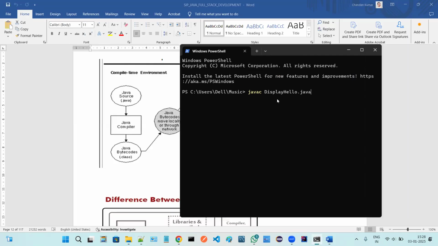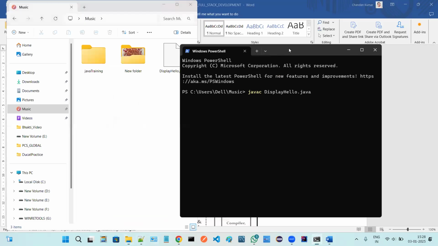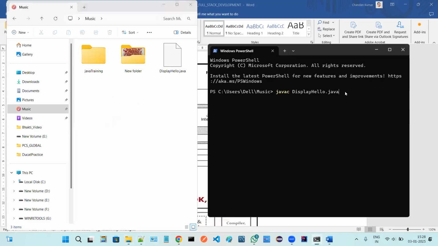So just see over here. This is the .java file. Now I'm hitting enter over here. How are we compiling this one? javac. This is the Java compiler, and then the file name with extension .java, meaning the complete source file name. Correct. I will hit enter over here, and this Java compiler will make one .class file